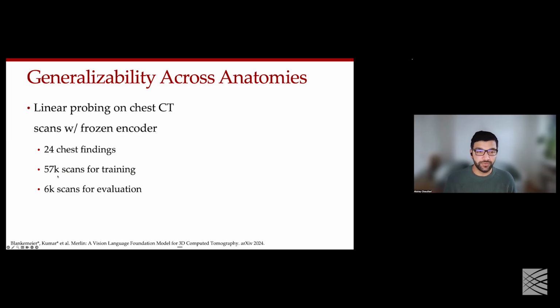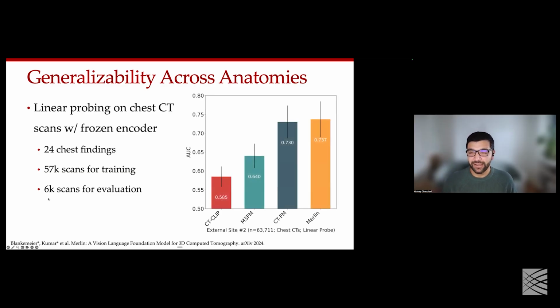So we're able to use roughly 50,000 scans from an external site, and then 6 of those we saved for evaluation. And it turns out that Merlin has the best performance across all the models that we evaluated, despite the fact that all the models that we evaluated were trained explicitly on chest CT scans. Merlin was trained on abdominal CT scans too.